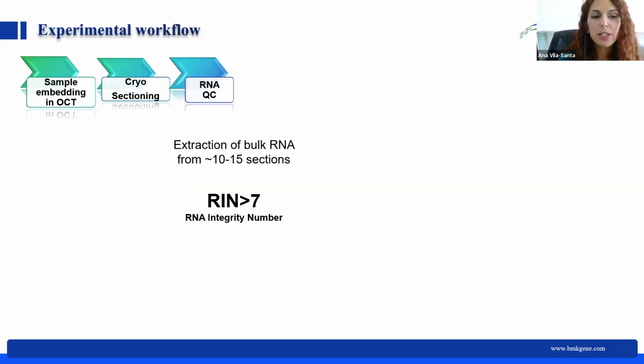After that, we need to make sure that the RNA we can extract from these sections has a high integrity. The way we do this is we obtain 10 to 15 sections from this cassette. We extract the bulk RNA from those sections, and then we evaluate the integrity of the RNA using the RIN number, which is a very standard measurement, and we expect it to be above